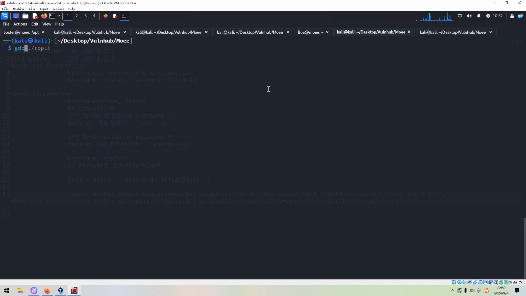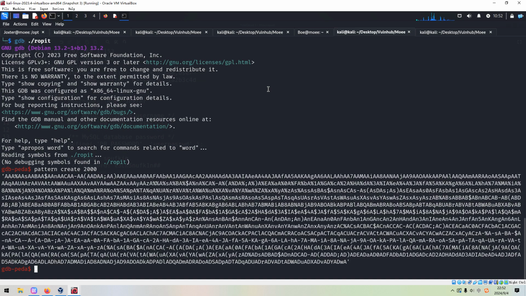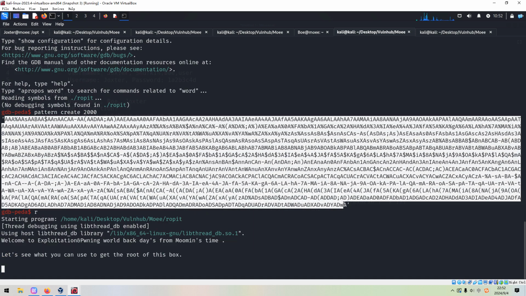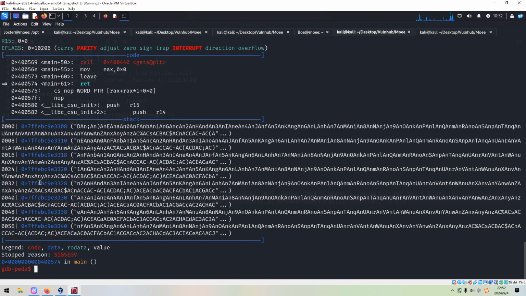We can use GDB, and first of all we can create the pattern. We can create 2000, and then we can run it, and we can copy this string because we want to get the offset at which the buffer overflow happened.